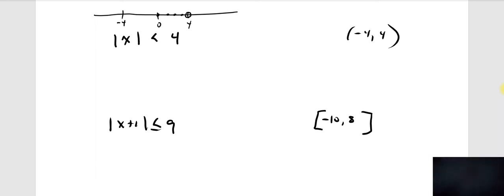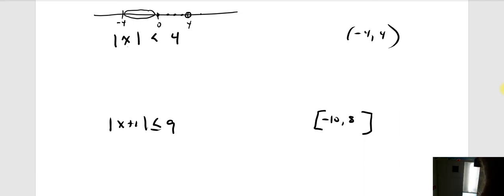Now 4 itself doesn't actually work because the absolute value of 4 is not strictly less than 4. If there was an equality here, 4 would work, but without the equality, it doesn't. 5 does not work. The absolute value of 5 is just not less than 4. Now this stuff over here also works. You put a negative 2 in or negative 3, by the time you take the absolute value, you get something that does solve this. So anytime you have an inequality that looks like this and you get less than some value,